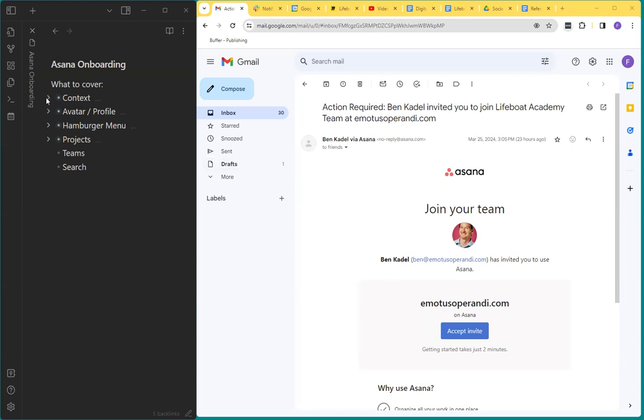And hopefully you can see on my screen, I basically have the notes that I'm going to try to cover on the left-hand side. And I have invited friends at Lifeboat.academy as a new account onto Asana. So we're going to go right through what happens. When you show up, or when you're invited to Asana, you're going to receive an email like this. And all you need to do is accept the invite